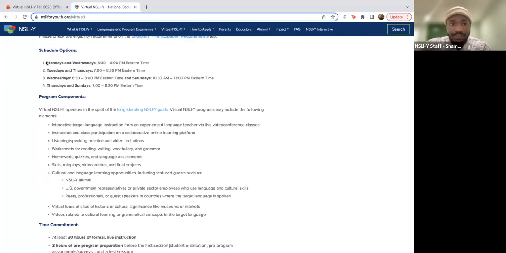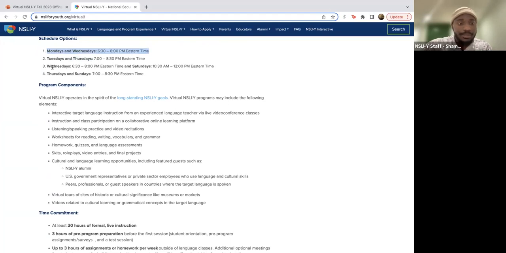And so in the application, it will ask you to rank your top 3 choices for when you want to have your classes or what times best work for you. So say for instance, if you're on the West Coast, maybe 6:30 on Wednesday and 10:30 a.m. on Saturday works best for you, right? Or Thursdays and Sundays. I'm not sure, right? So you will rank 3 of these based on when you're available and what time works best for you in your classes. All right, so you do all of that through the application.